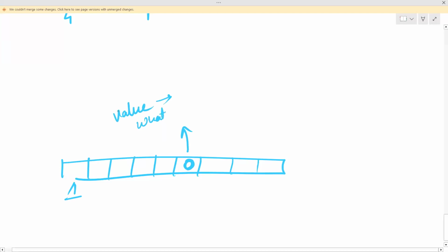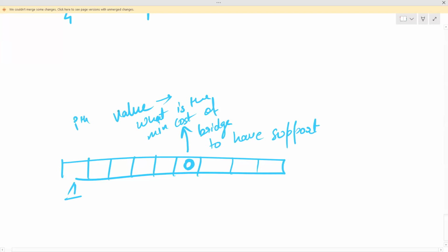What is the minimum cost of the bridge to have a support at the ith index